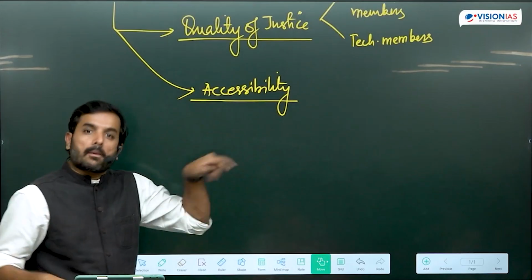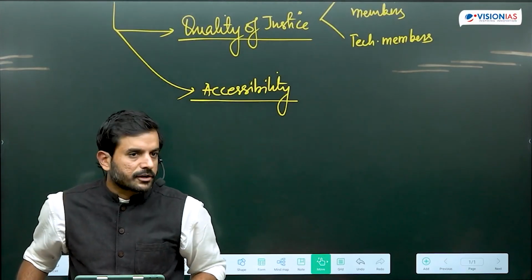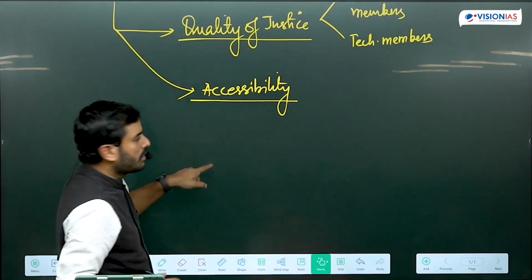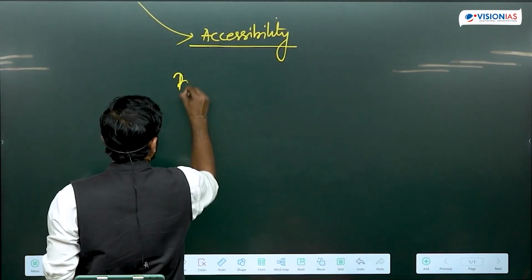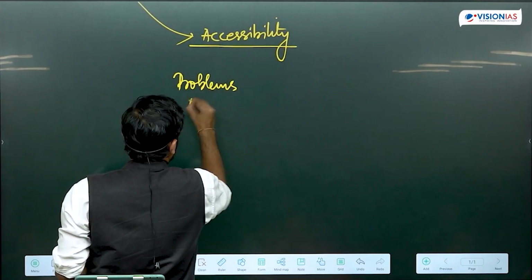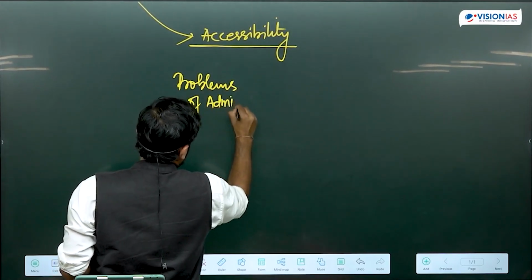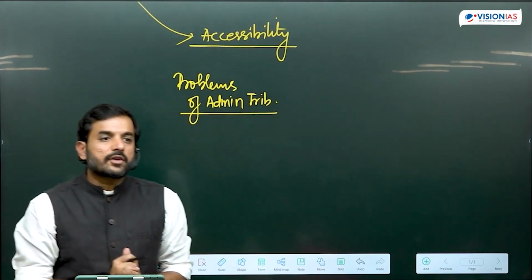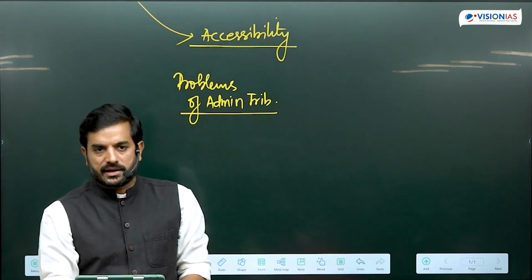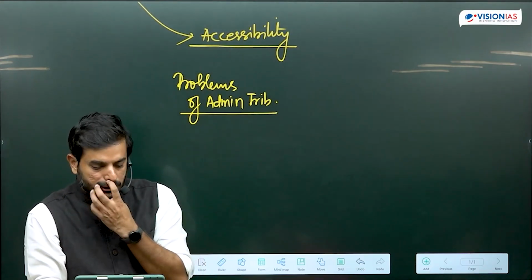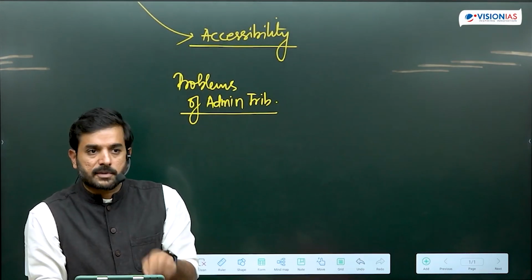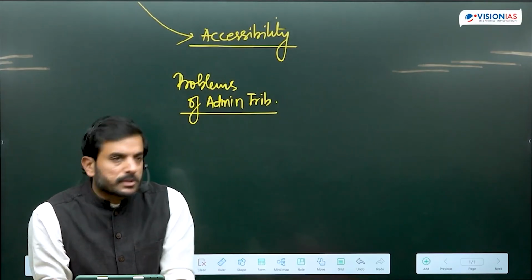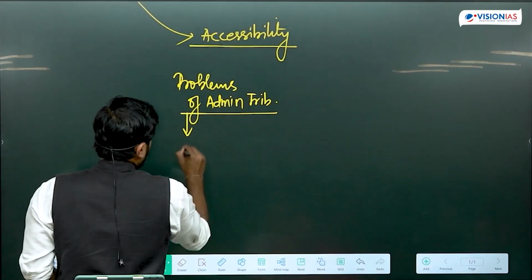Why are reforms needed? Because there are some problems with the functioning of tribunals, administrative tribunals. So you can just mention that as a passing reference. So once you have mentioned all of this, then you mention, as a passing reference, certain problems of administrative tribunals in India. Problems are that we have ended up setting up too many tribunals in India. And now see, the second part of the question is not just about administrative tribunals, but it is about tribunals in general. So we have ended up setting too many tribunals in India, and it has led to what is called